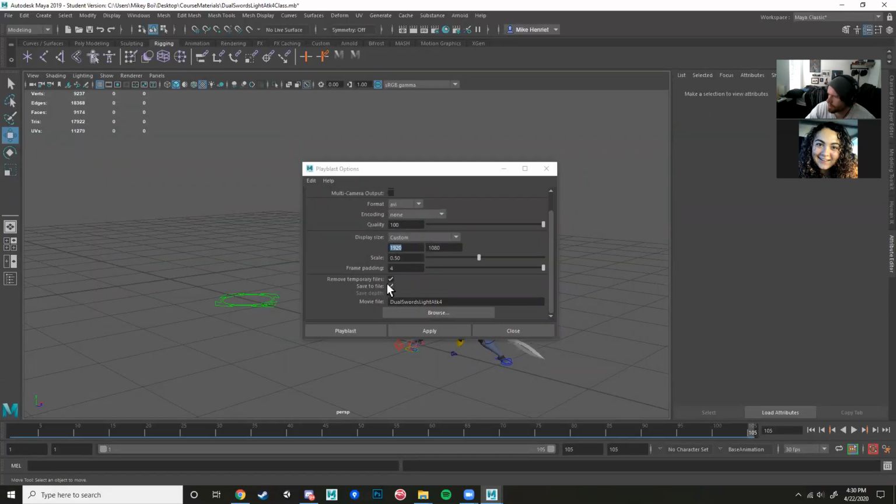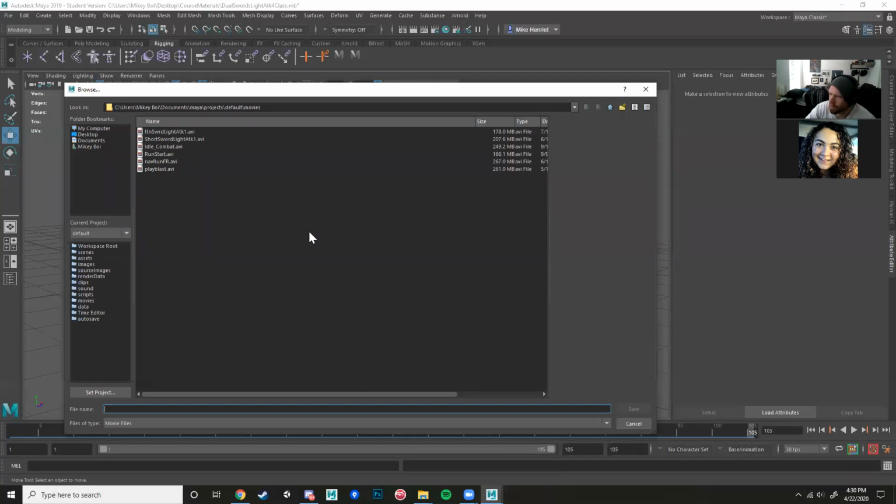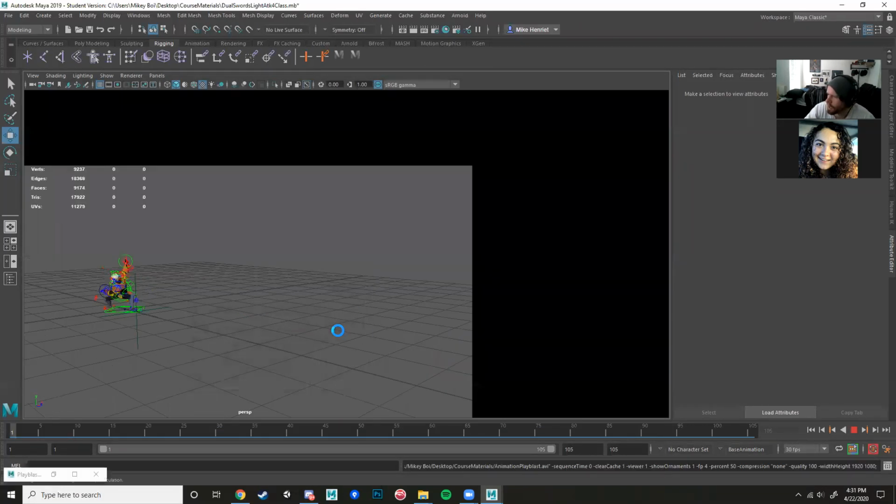If you just enable this checkmark box, you can click browse. And I'm just going to save it to desktop, course materials, animation export. And let's just name it Playblast so we don't get confused. Playblast. Save. And then now if we do it,